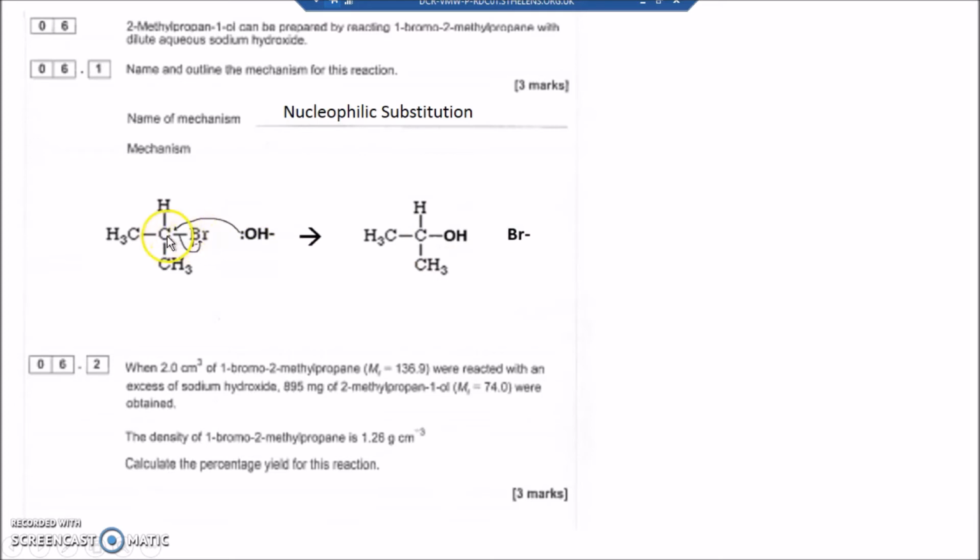Now, this is a polar bond. C to Br is a polar bond. What that means is the Br is electronegative. It withdraws the electrons along that bond towards itself. That's what electronegativity means. And in doing so, the electrons, which are minus, give a very small minus charge to the Br and a very small plus charge to the C as they're drawn along this bond towards the Br. That gives a reason for the lone pair of electrons therefore to attack or bond with the carbon,